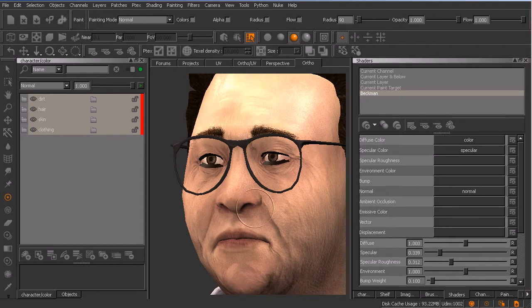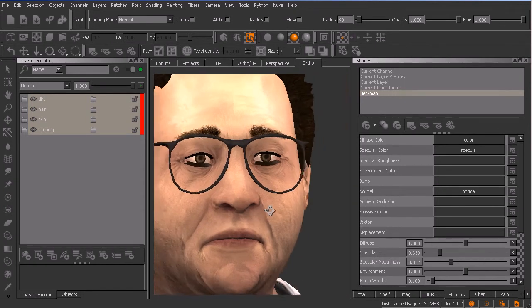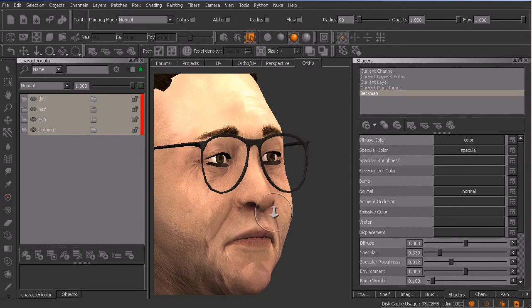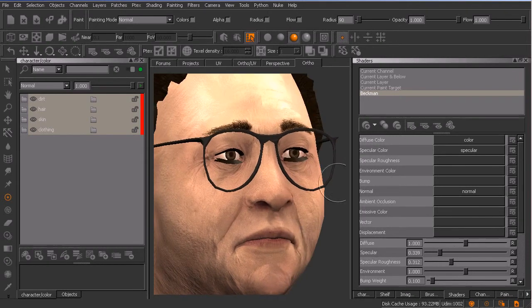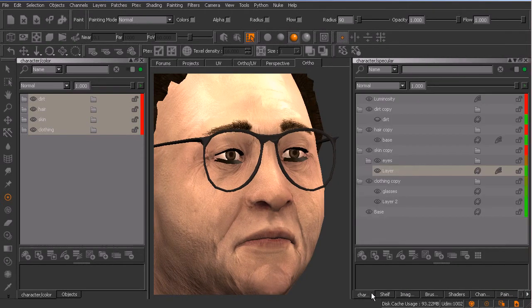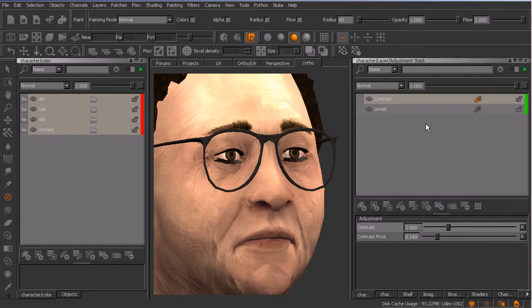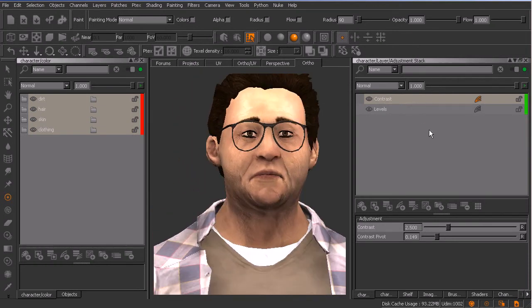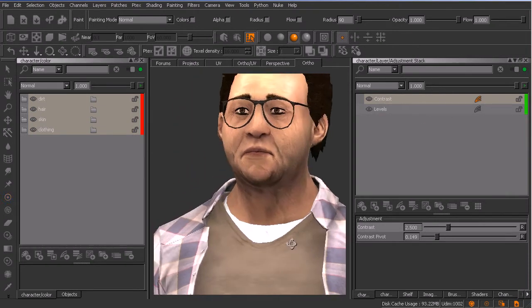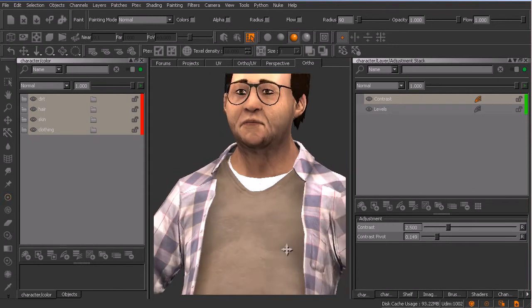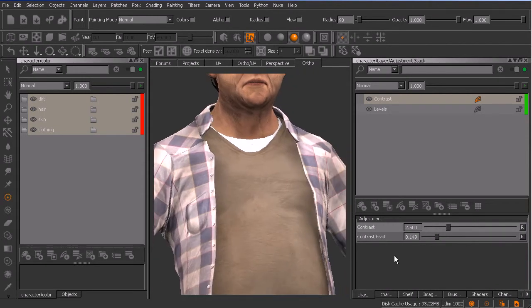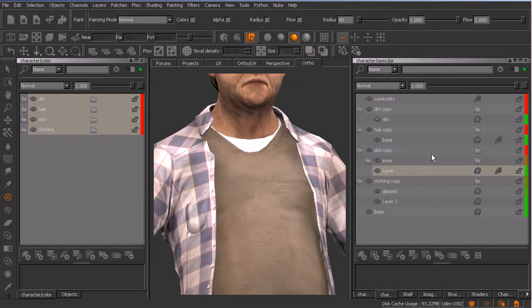And if we want to begin to introduce a little bit more specular highlights into some of these other areas of the face, we could again come into our adjustment stack and begin to manipulate those two adjustments that we've made here. Now, in terms of the rest of the specularity, I'll probably tweak those a little bit in between lessons, but what I'd like to do is start to paint